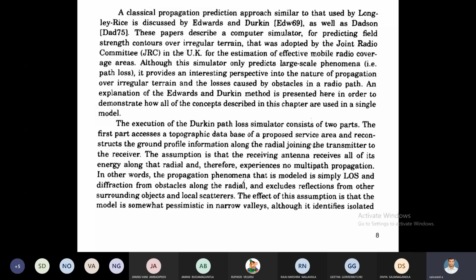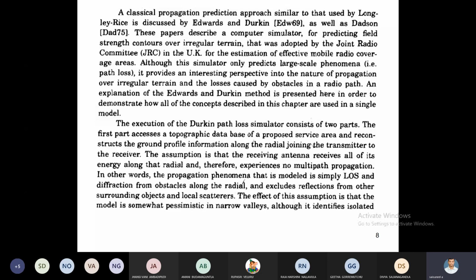Are there any hill stations? Buildings, and what are the building heights? Are there any valley points? Is there any forest? Based upon this topographical database, we have to reconstruct the ground profile information. Before this, I was assuming that 100 meters height is enough. But by checking the database of the terrain contour, now I assume that 150 meters height is fixed, which covers 15 kilometers. That is about the first part.